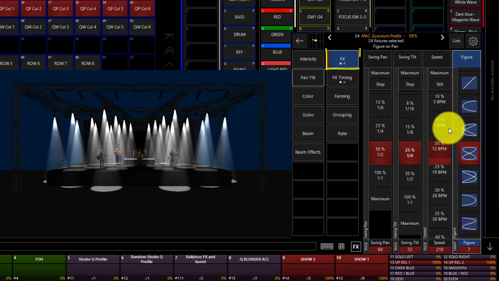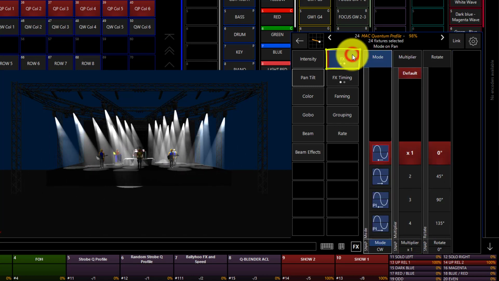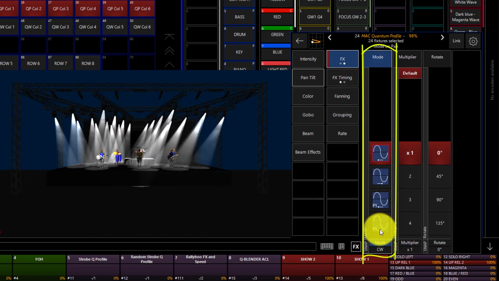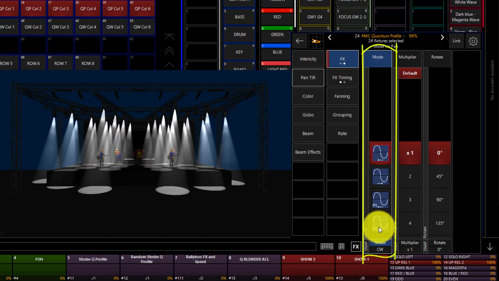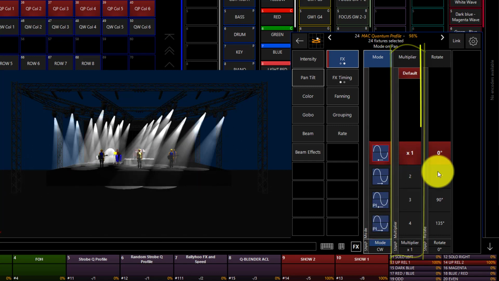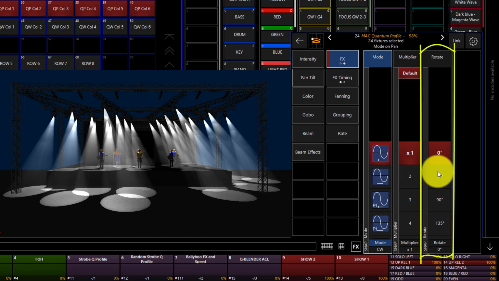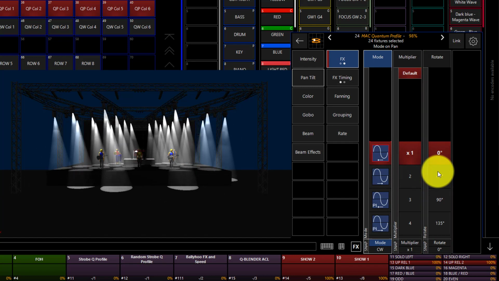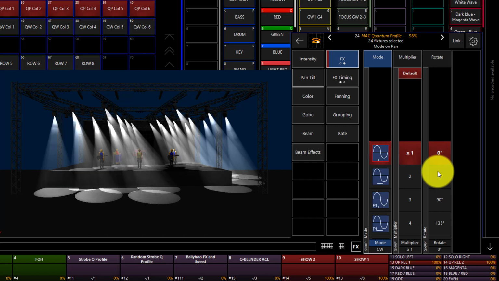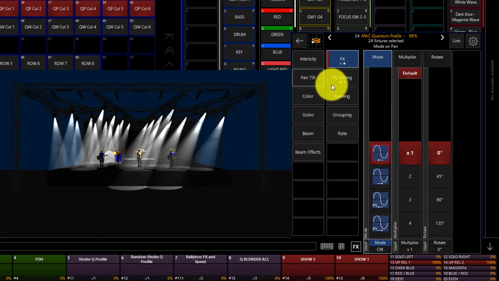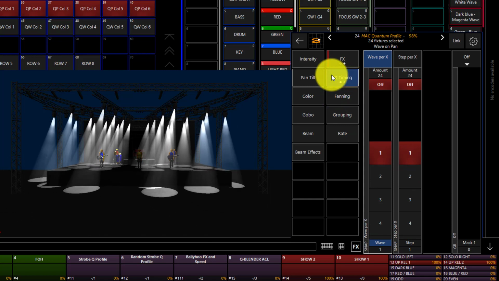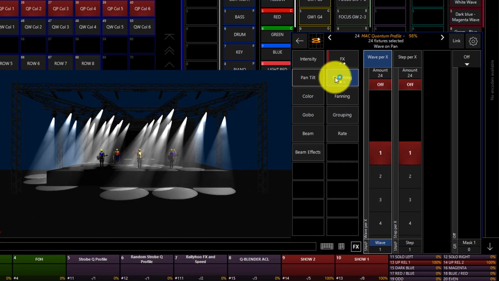If we go over to our second pane of the effects control by clicking on the effects button, we still are able to have mode, and there's a number of modes to work with there that we'll be exploring in a later video. There's also multiplier and the ability to rotate fixtures that are not hung in the same direction or that you want to perform the effect as if they were facing a different direction. The effects timing tab, however, for pan and tilt effects is exactly the same as it is with regular effects,